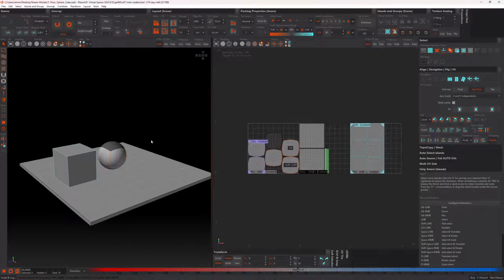Okay, so the next thing you should know about this is that only relevant RizomUV attributes will be loaded when a part of the USD is loaded. So,